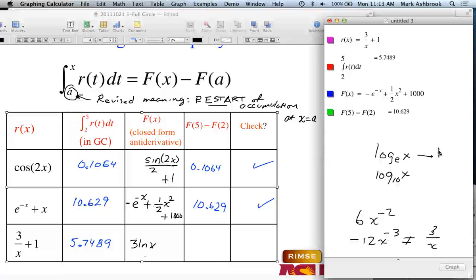So that's ln of x. This is log, so make sure it's ln. Okay, what function has a derivative of plus 1? X. Okay, and let's add something, pi to the 1726. Is that okay? Pi to the 1726? How about that? All right, so